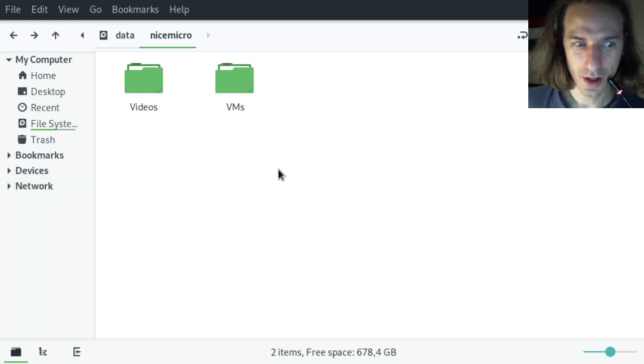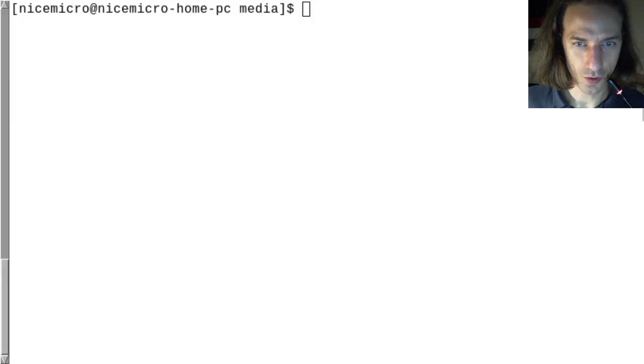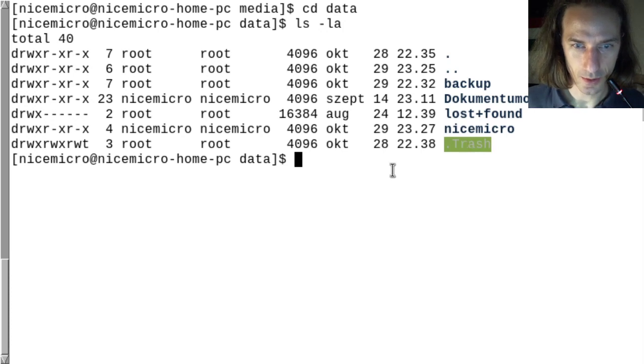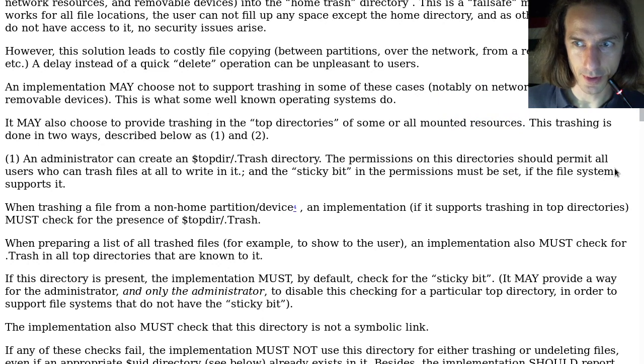so of course, now, how do I implement the trash can here? Unfortunately Nemo doesn't automatically create the .trash directory for you, and so what you have to do for that, I will just show you, but I already did that. So let's just go to the data directory and let's check what's here. So this is the .trash directory, and if we go back to our documentation,